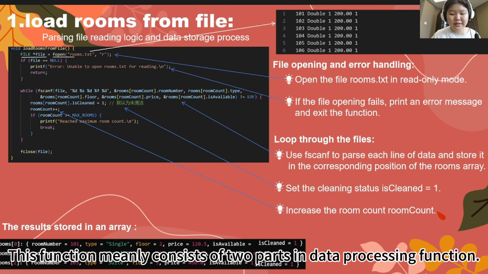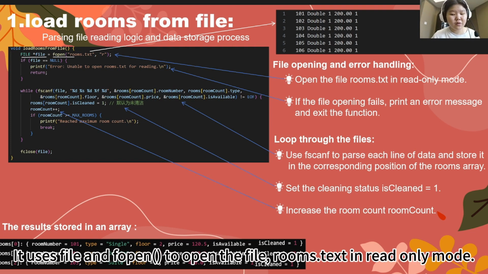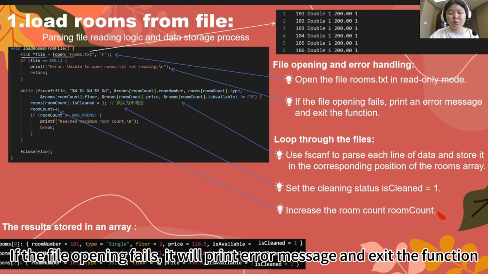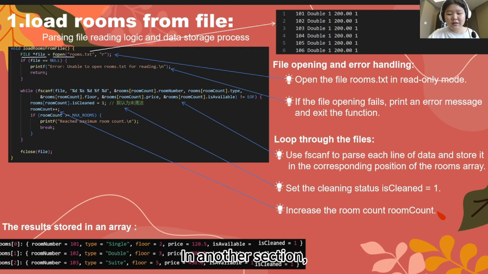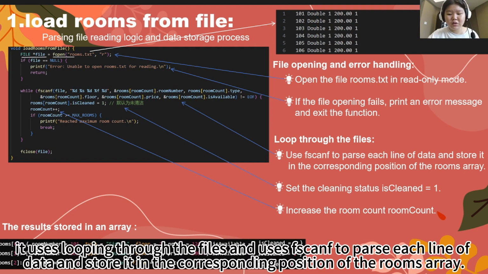In the data processing part, it uses the fopen function to open the rooms text file in read-only mode. If the file fails to open, it will print an error message and exit the function. In the next part, it loops through the file and uses fscanf to parse each line of data and store it in the corresponding